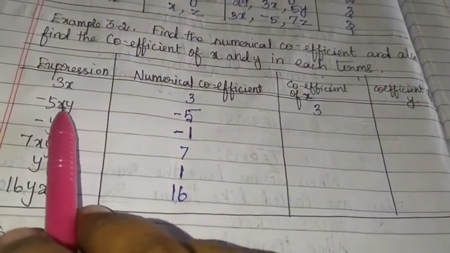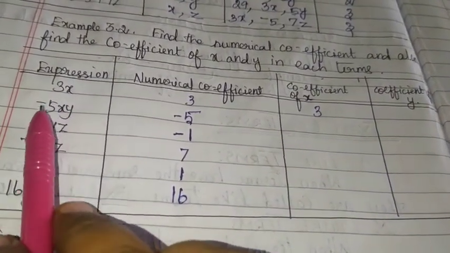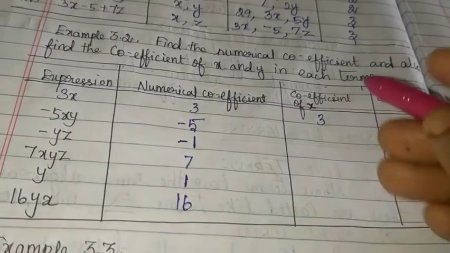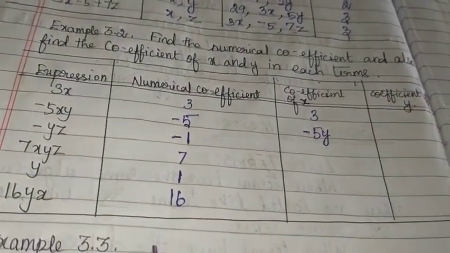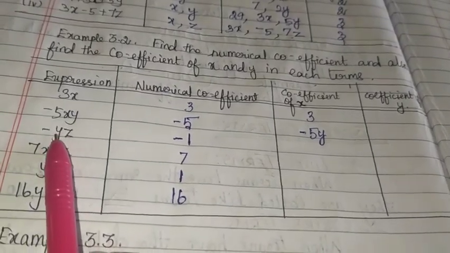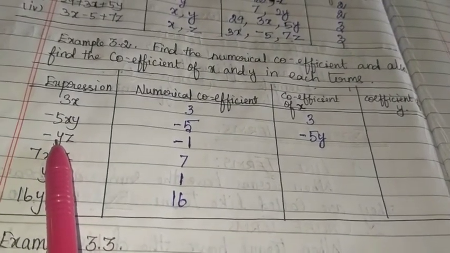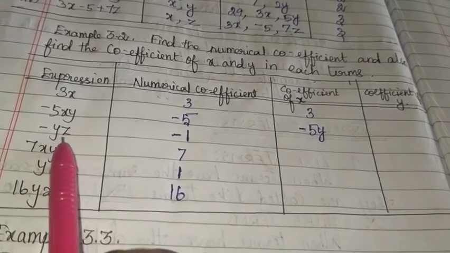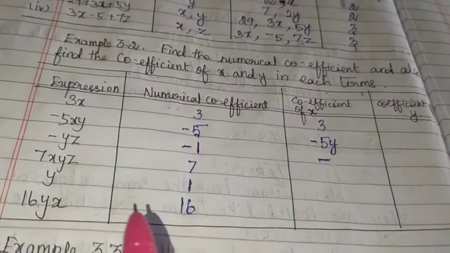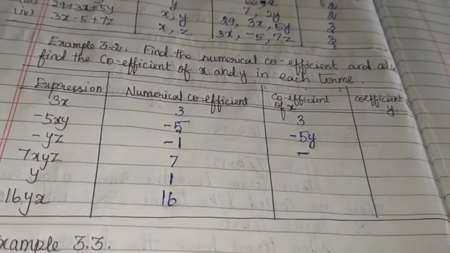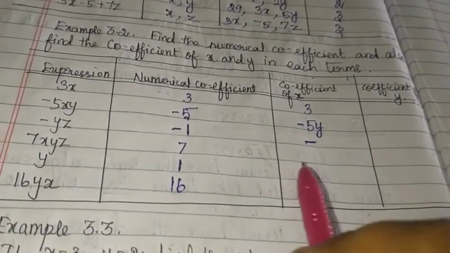Okay வா, இங்க பாருங்க x விட்டுடுங்க, x விட்டுட்டா முன்னாடி minus 5 பின்னாடி y. So we have to write minus 5y. Are you understand children? Now here see x இருக்கா இந்த expressionல, no x is there. Okay வா, no x is there. So you just give the hyphen. x இல்ல, அப்போ எப்படி coefficient of x எழுத முடியும்? We can't write. Okay, I will give the hyphen here.